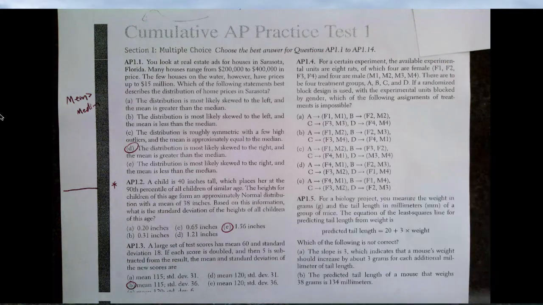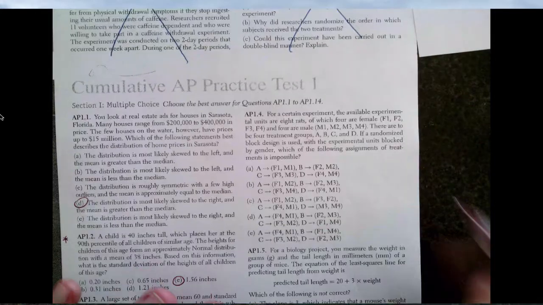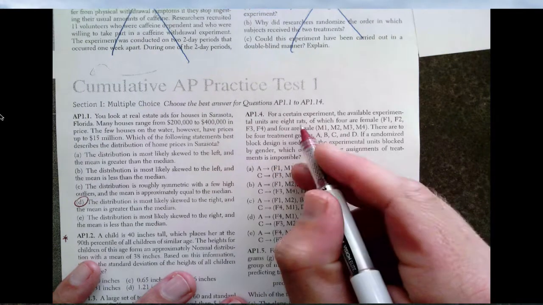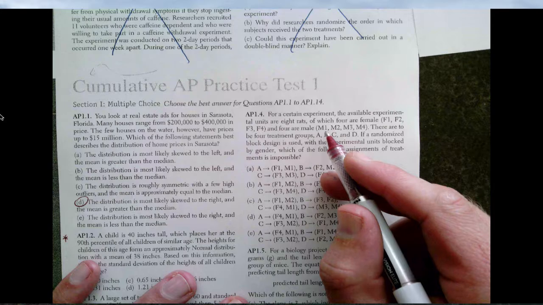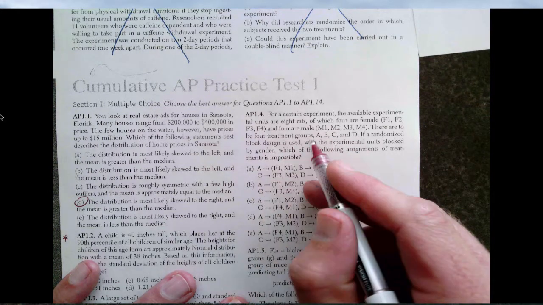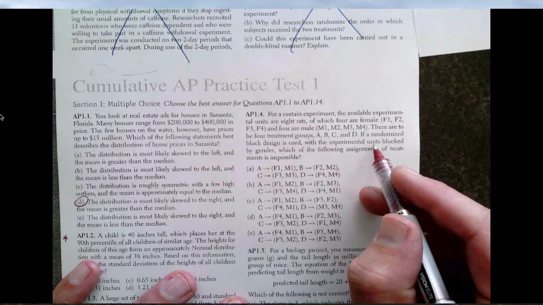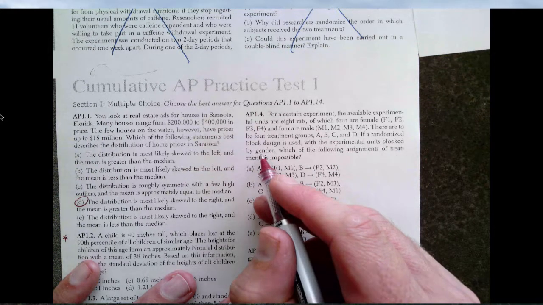All right, next. For a certain experiment, the available experimental units are 8 rats. 4 are female and 4 are male, and they've numbered the females 1 to 4, the males 1 to 4. There are to be 4 treatment groups, A, B, C, D. If a randomized block design is used with the experimental units blocked by gender, and what that means is that